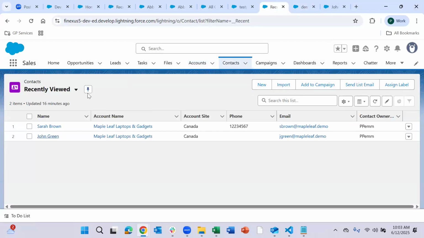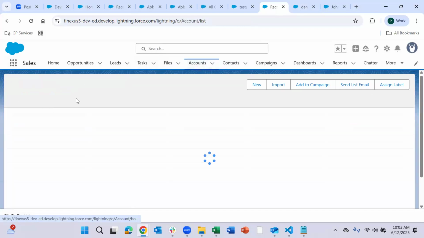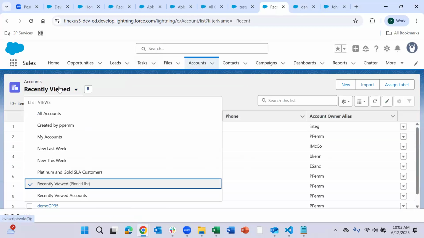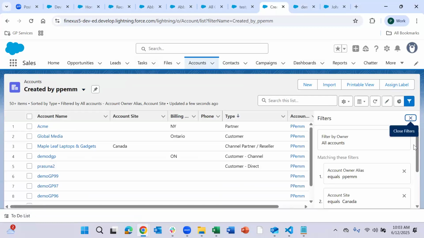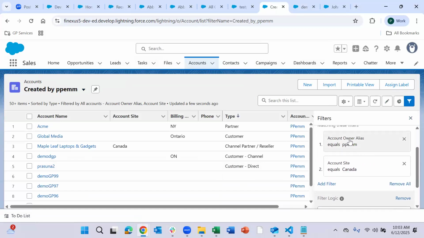What is our other condition? Created by pen. What are my filter conditions here? Account owner alias, I have marked it to something else.